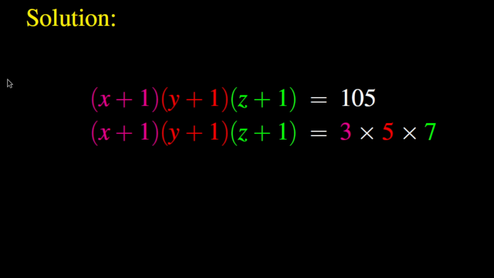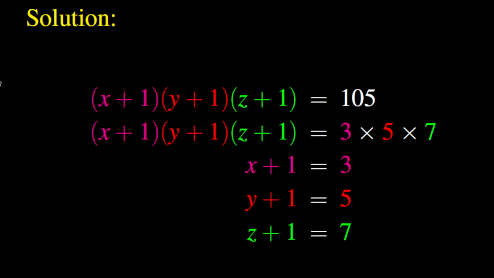It is worth noticing that the number 105 can be decomposed as a product of three prime numbers, 3, 5, and 7. And the prime factorization of any number is unique. Because of this uniqueness and the fact that x, y, and z are greater or equal to 1, none of the factors of the left-hand side expression can be equal to 1 or 105. Consequently,